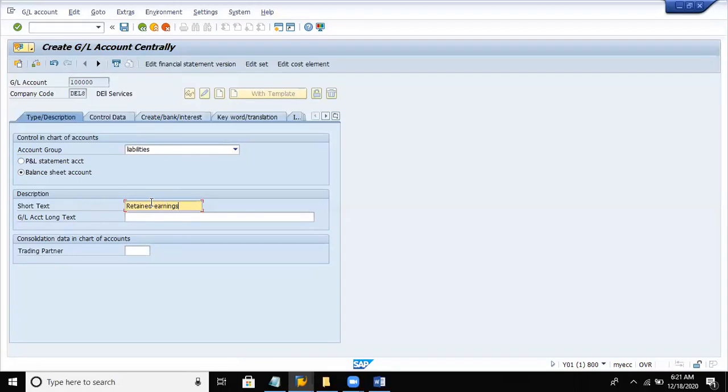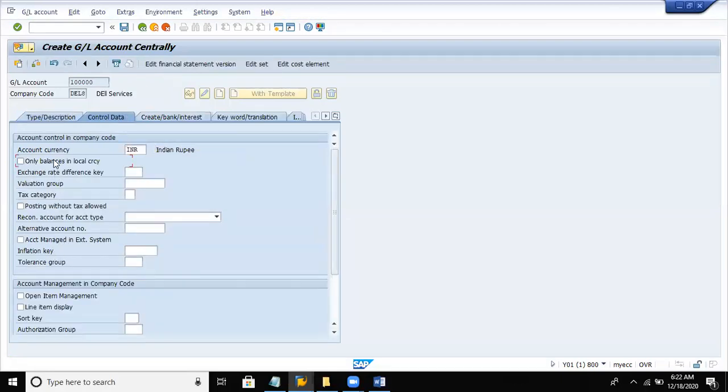So retained earnings account. We need not differentiate between short text and long text here, and we update the account name in both. Click on the control data tab.